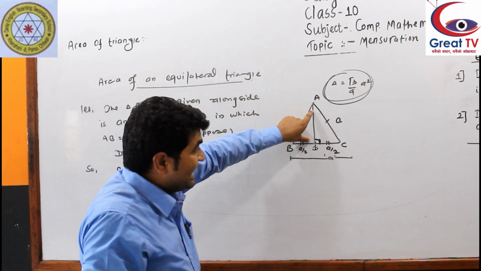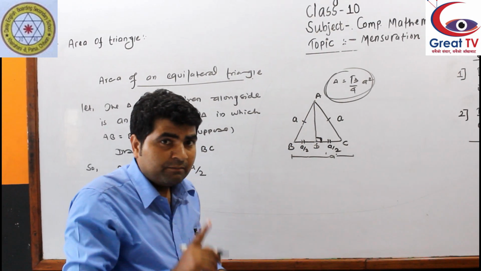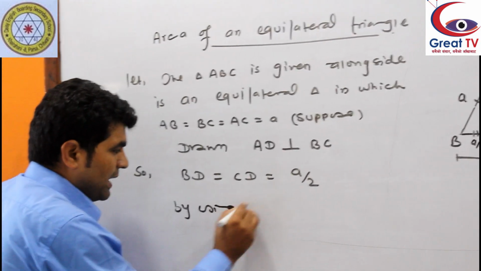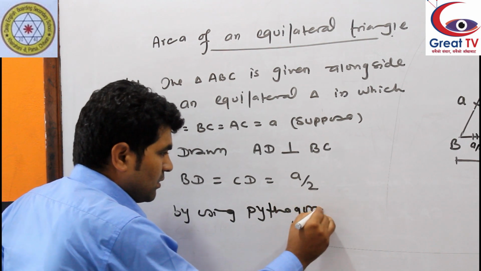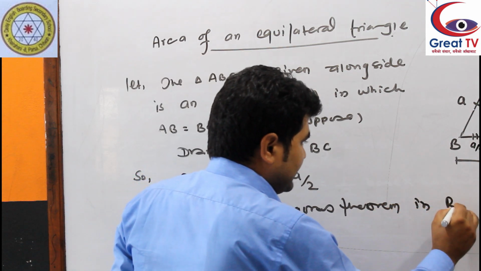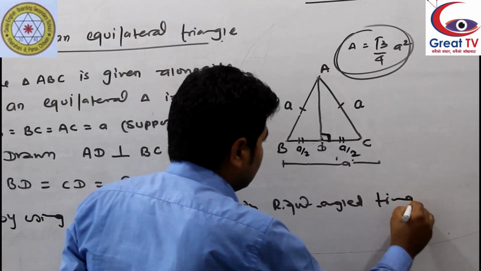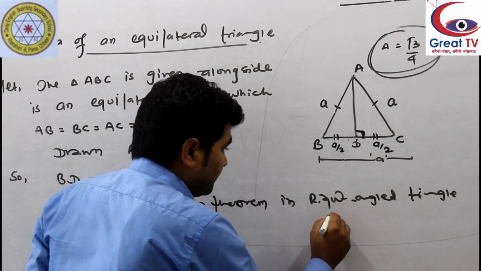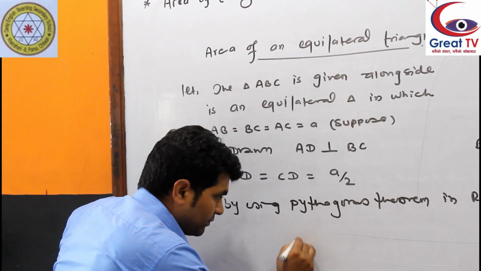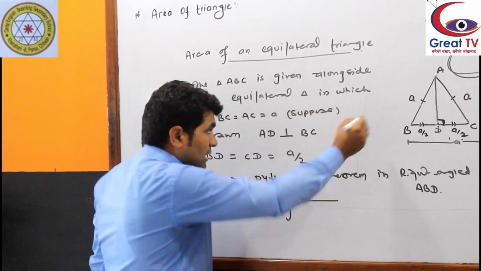Now we can find the value of AD, because AD is the height of this triangle. So we can find the value of AD by using the Pythagoras theorem in right angle triangle ABD. Here AD equals the square root of hypotenuse squared